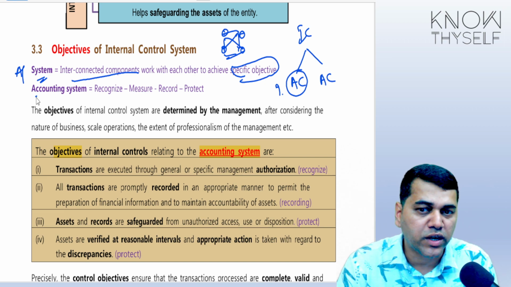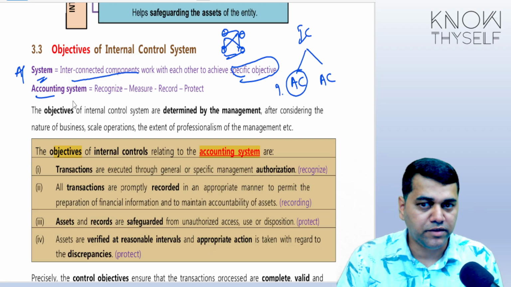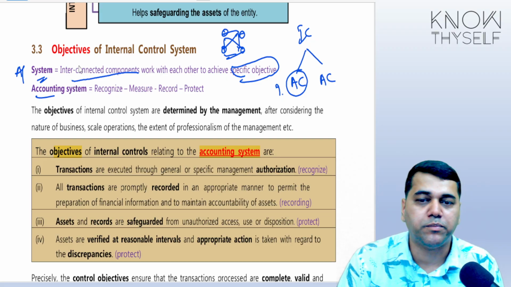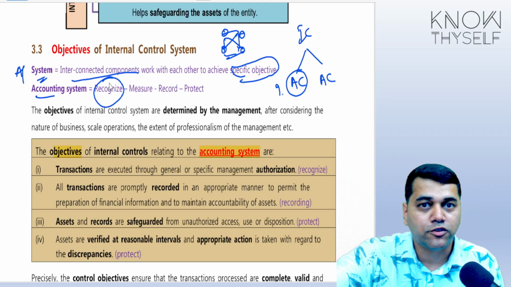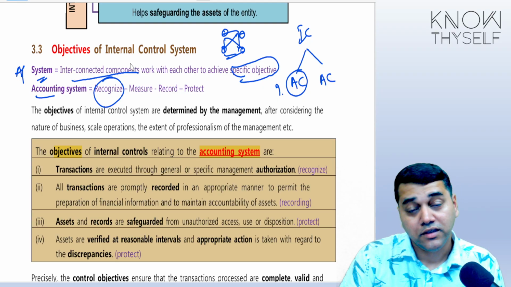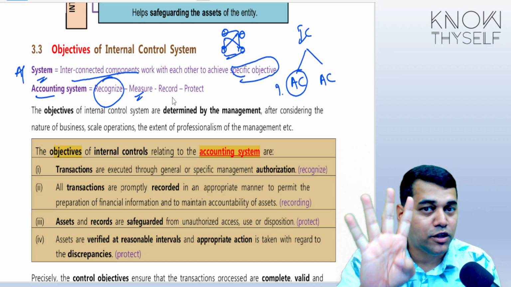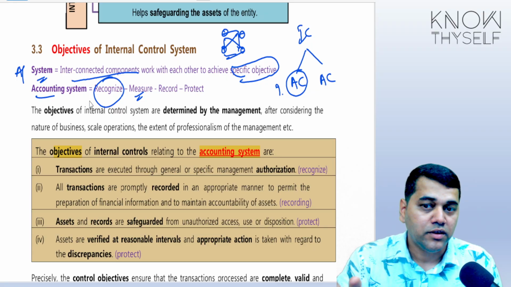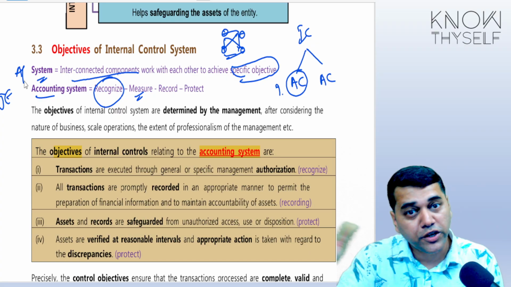For this, we need to know what is accounting. When we say accounting system, what is the very fundamental purpose of accounting? You actually recognize things. See, in your index also, we start with recognition, then we start with measurement, then the presentation and disclosure. There are only 4 elements, but that is from the accounting journal entry point of view, the reporting point of view.